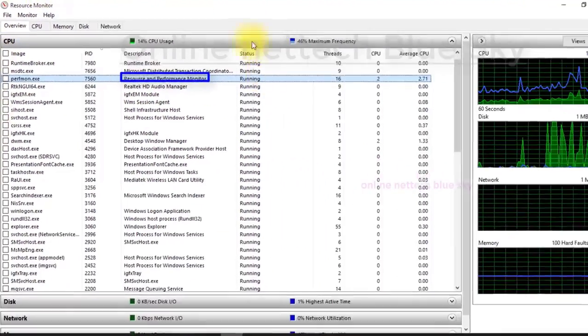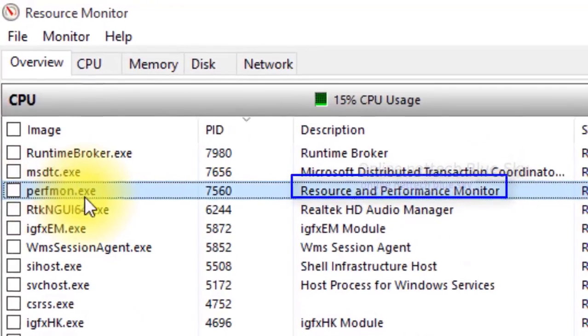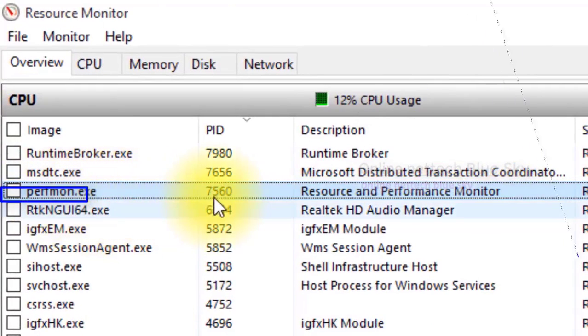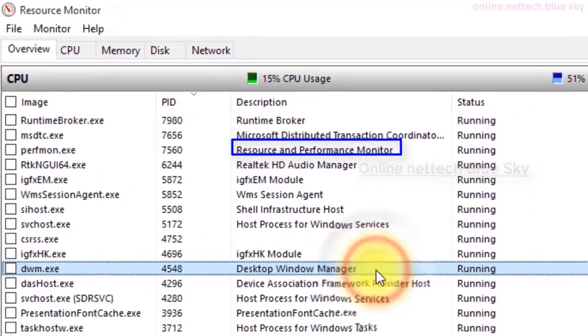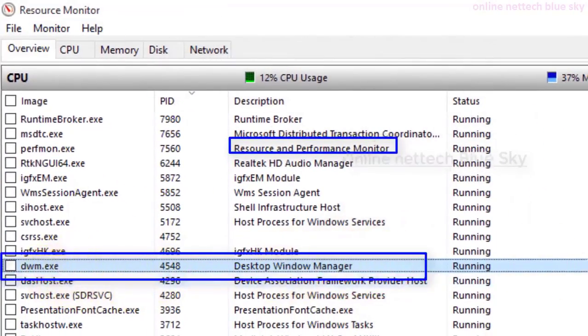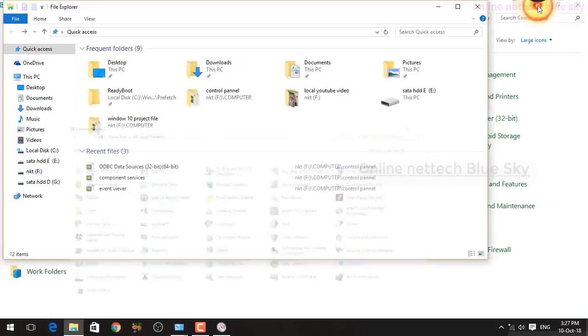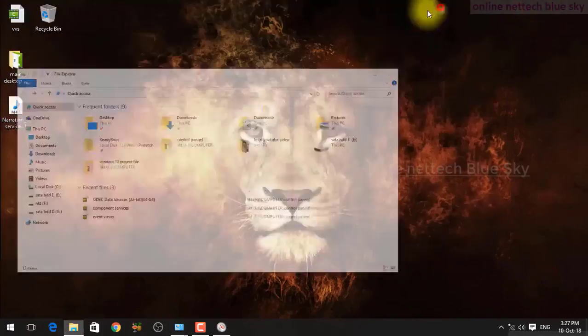RKGUI64.exe is this type of software file, and these services start and perform. Perform.exe means resource and performance monitor, which starts automatically, with a process ID. All different types of process IDs are available, and the operating system gives these process ID numbers by default. Let me give an example first.